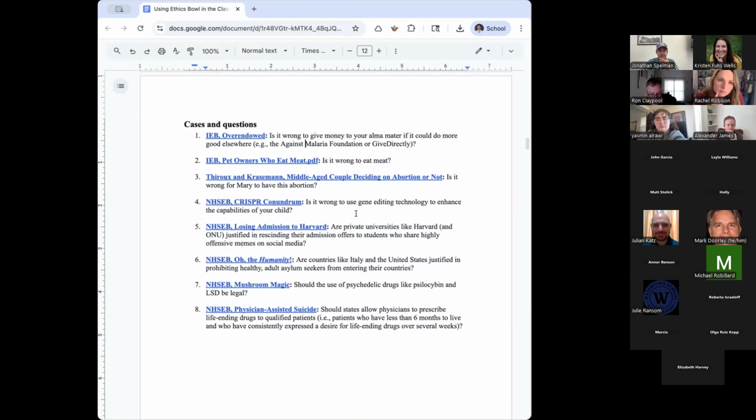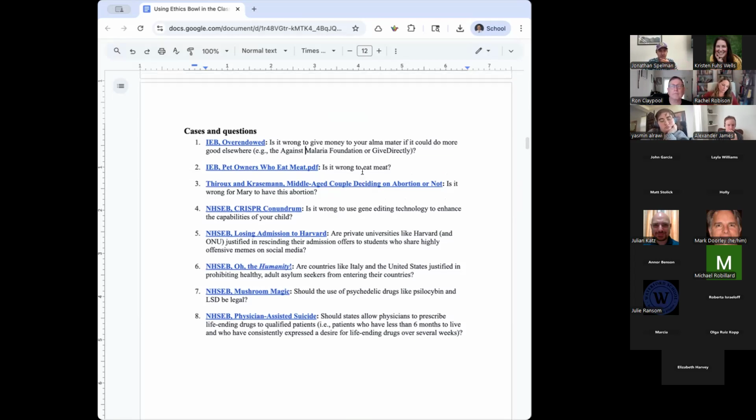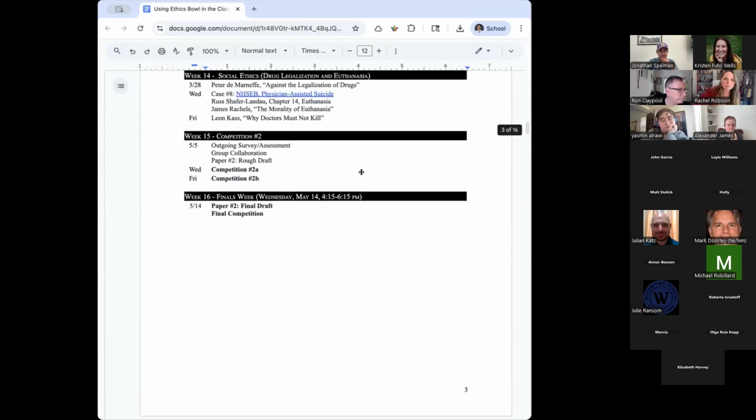Even the IEB cases. And as Rachel mentioned, you can access all of these cases now. If you're teaching this a lot, or if you're just getting into it, you'll find that I've looked over these sets of cases over and over, maybe 10 times, looking through them: is there a good case on this particular topic? And so over time, you'll become familiar with the ones that you like.